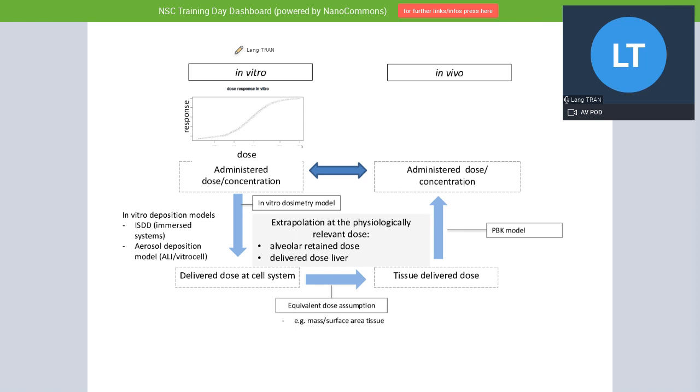So you can see from the left, we then go to the right, we use the PBPK, then we come back to the equivalent concentration in the air, for example, in vivo.